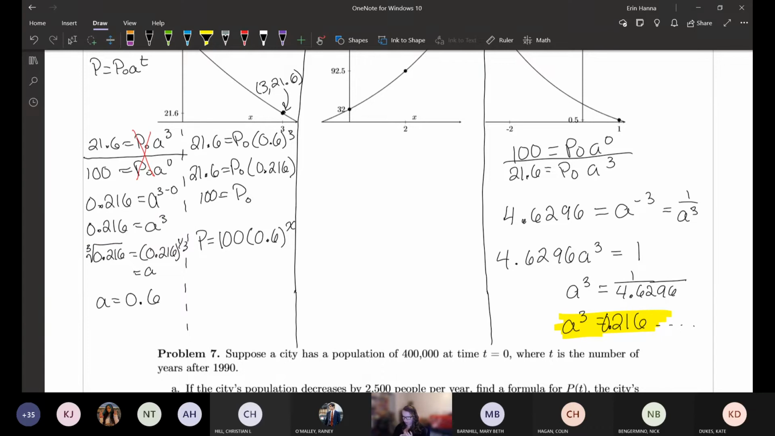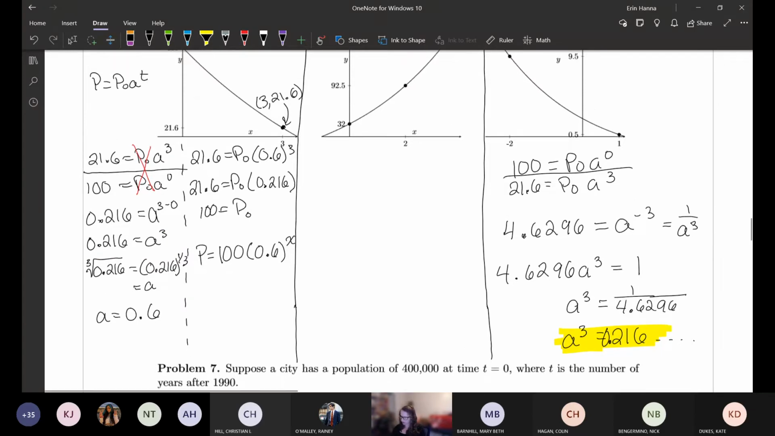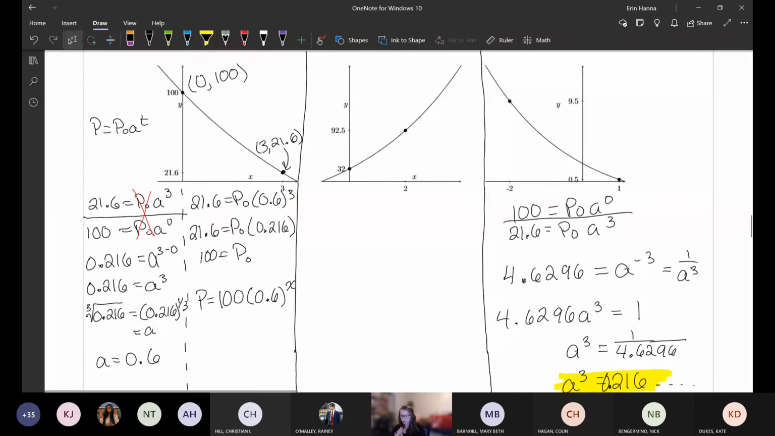I'll leave that over there for a couple more seconds while we do the second one in case anyone wants to take that down. Any questions on the first one? Okay. This second one, I'm going to go ahead and just do the cheat sheet way. Well, half cheat sheet. We're going to just use the fact that we have P naught to just plug in for P naught. So here we have